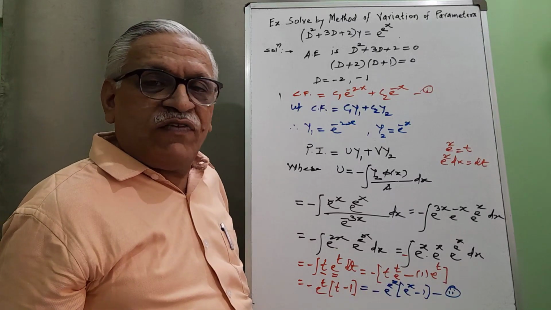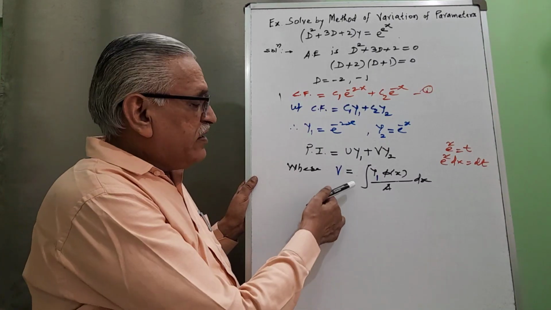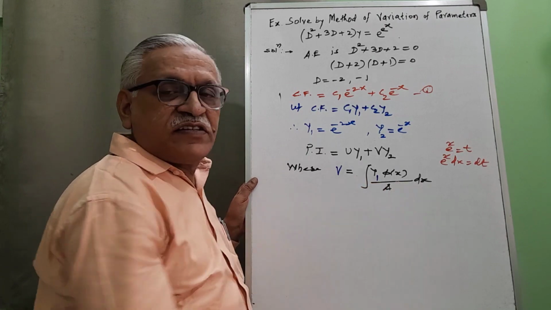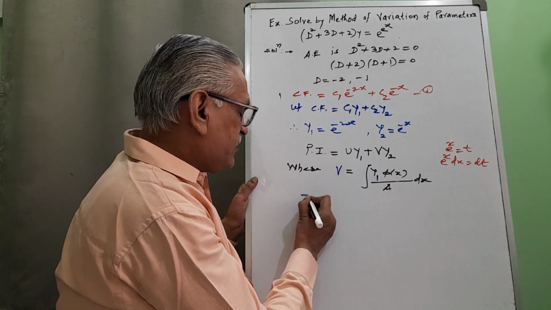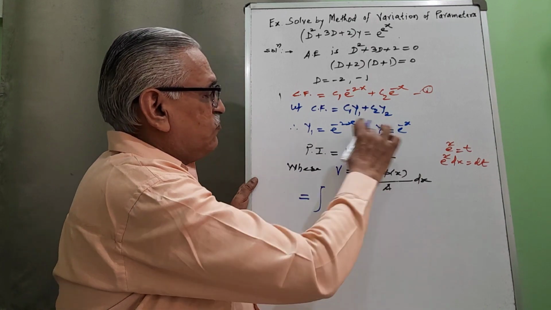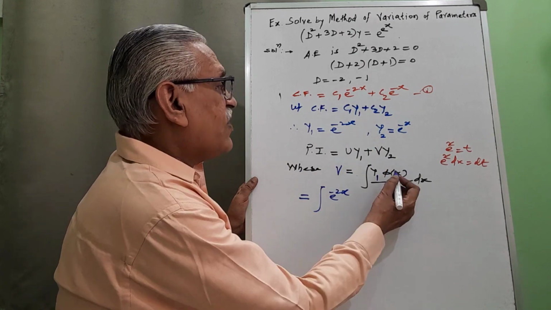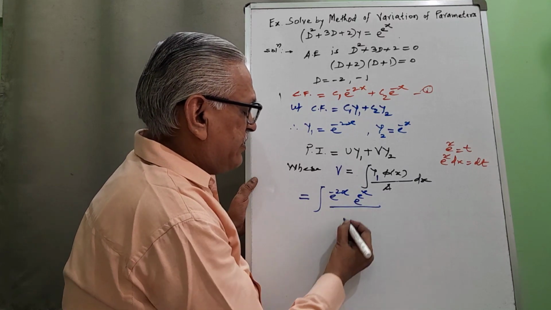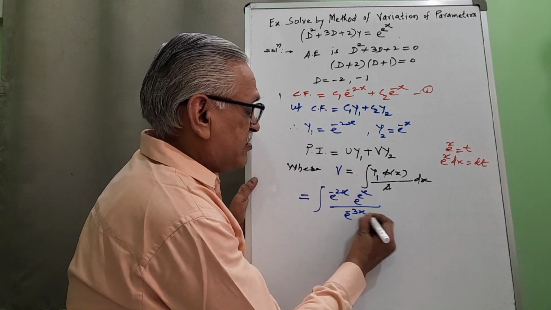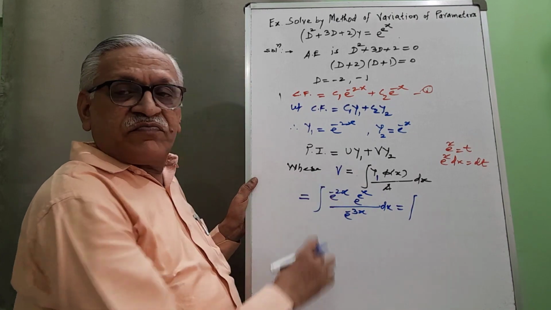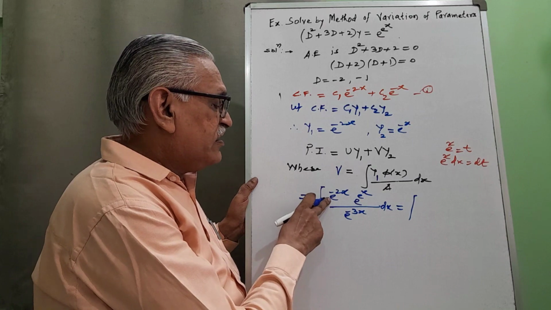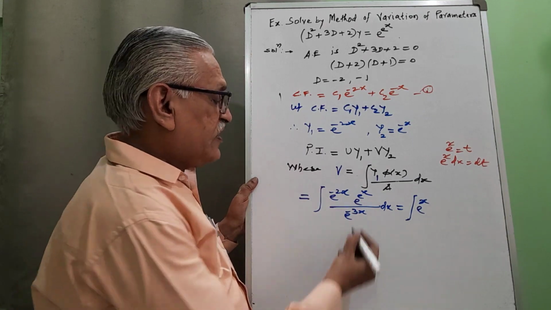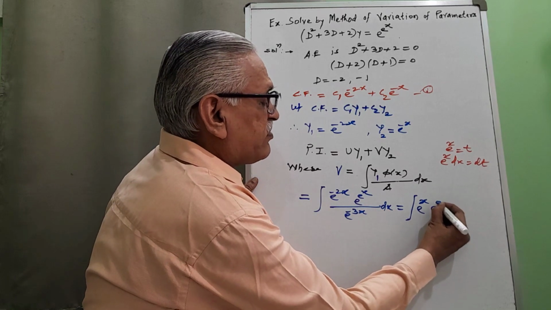Then we try to find out the value of v. V is obtained by integration of y1 into phi of x divided by A, and its integration with respect to x, and therefore substituting the corresponding values. Y1 is e raised to minus 2x, phi of x is e raised to x, and A is e raised to minus 3x. Transferring this, we get minus 2x plus 3x, which means e raised to x only, into e raised to x